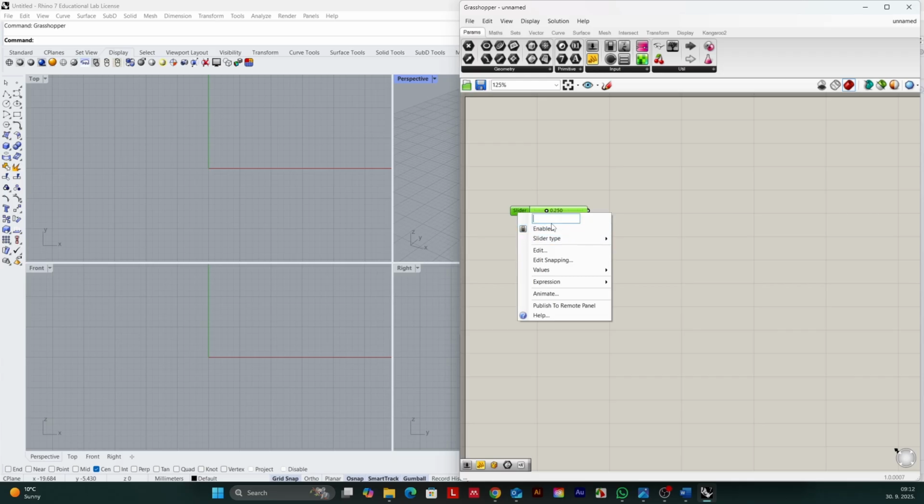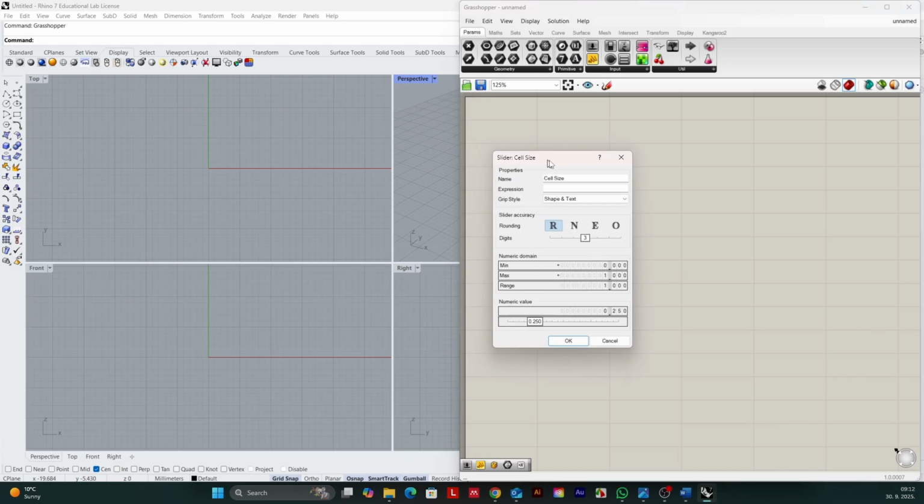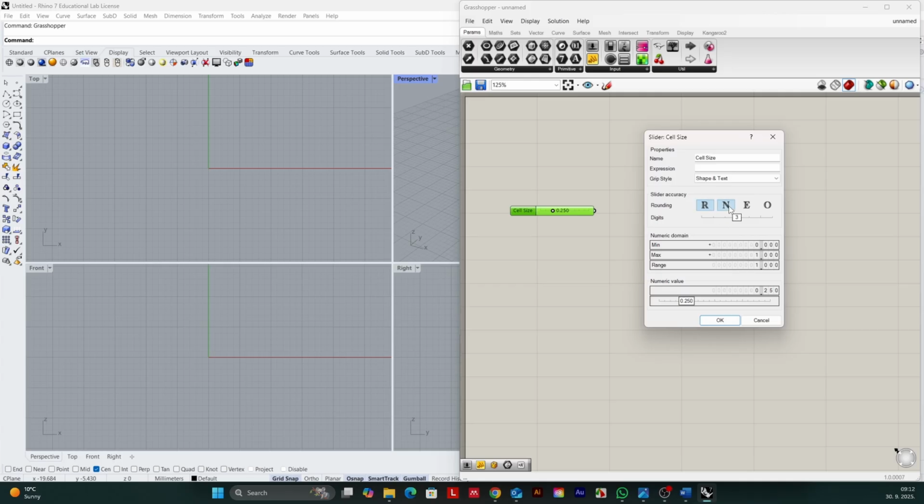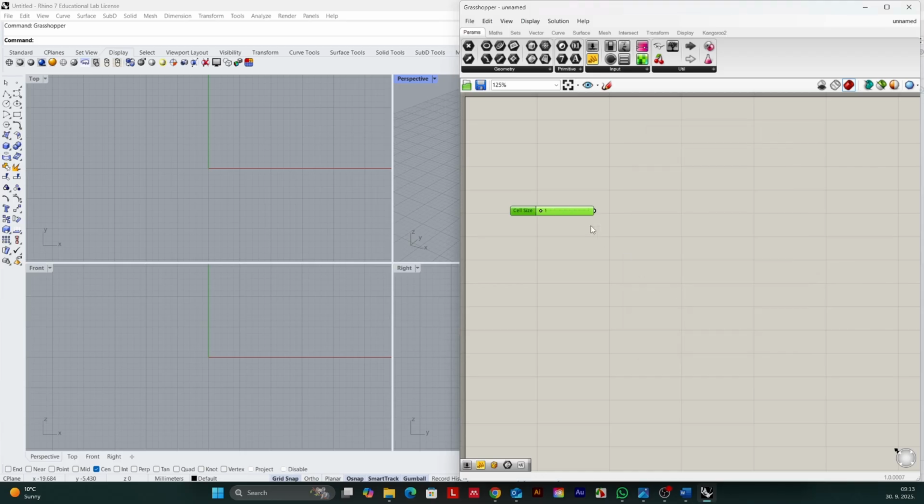So we will rename it to cell size, and we will make some edits of this component where we want to use integer numbers with a minimal value of 1 unit to a maximal value of 10 units. By default, we will set 5 units for the beginning,